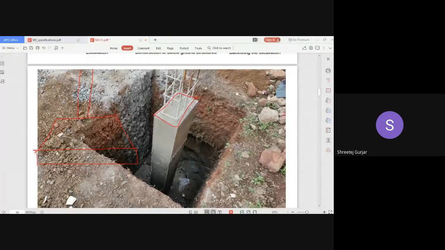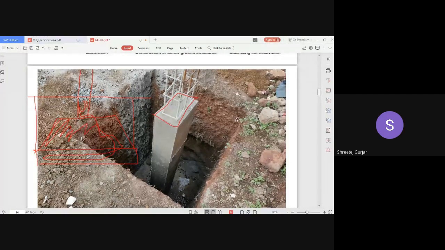You excavate from this level, so this is your excavated part. The remaining, you minus whatever you have filled with concrete from the excavated cubic meters, and that is your backfilling quantity.